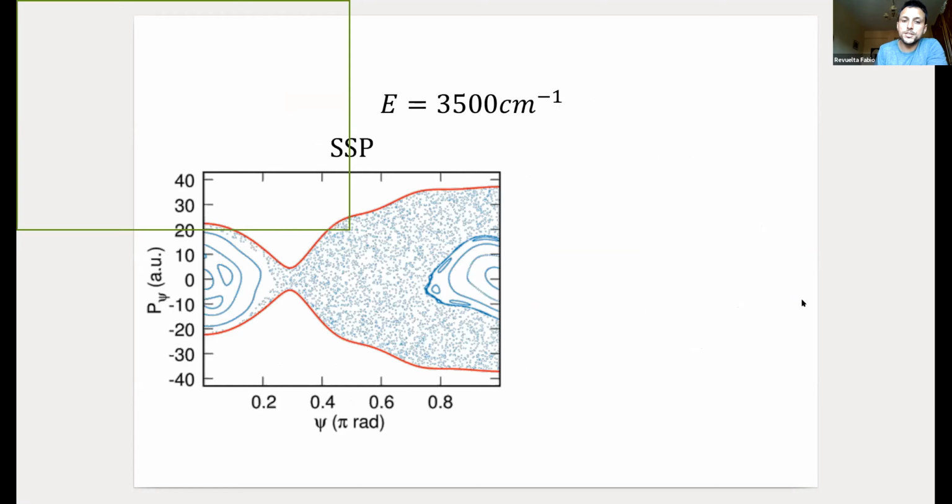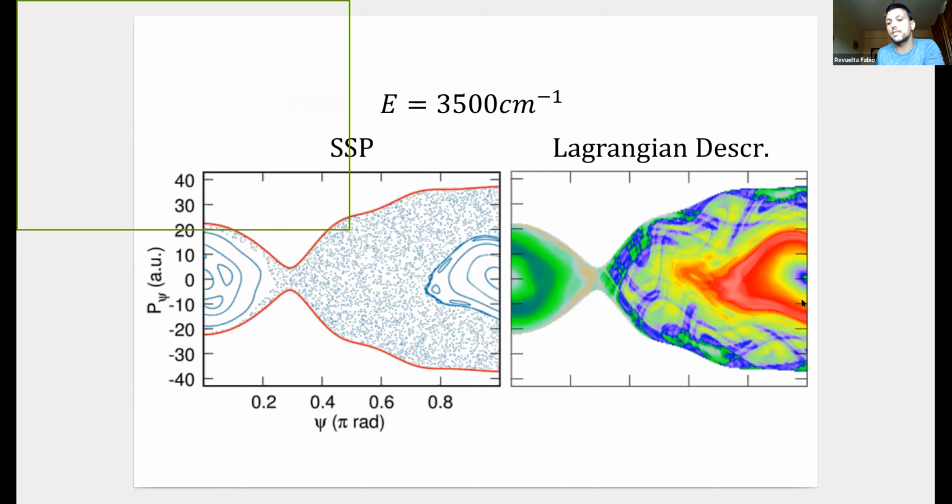Now, if you compute the Lagrangian descriptors in that region of phase space, what you get is something like this, right? So you've got a picture that provides dual information to the Poincare surface of section. So the Poincare surface of section works well for the regular part, right? But here, with Lagrangian descriptors, you can see the chain of islands here too, but it is almost constant. The interesting thing is that it provides information on the chaotic part. So here with the Poincare surface of section, you see nothing, but here you can really identify some lines, and those lines correspond to the invariant manifolds.